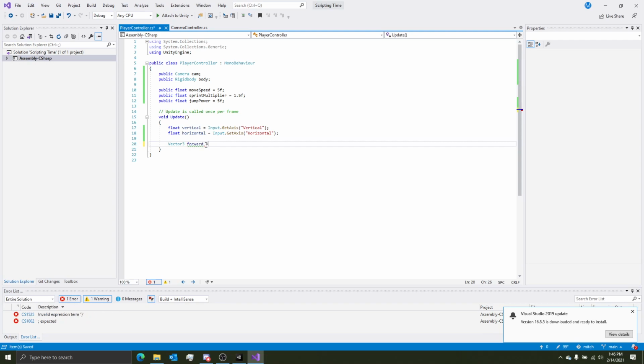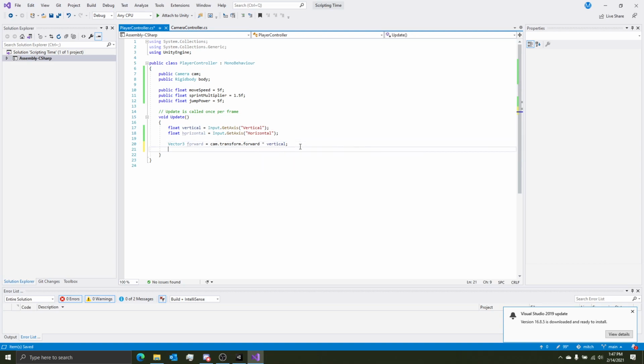So we'll make a vector3 forward, and we'll set that to cam.transform.forward times vertical with that. So basically what this does, the transform is just a thing that holds all the values for position, rotation, and scale for every object. And then the forward is just a vector3 that holds the values pointing wherever is forward based on that transform. So in this case it would be where the player is looking. And then by multiplying it by the vertical, like the WS, so the forwards and backwards, it'll move forward if the player is pressing forward, or if they're pressing backwards, it'll multiply it by -1, and then